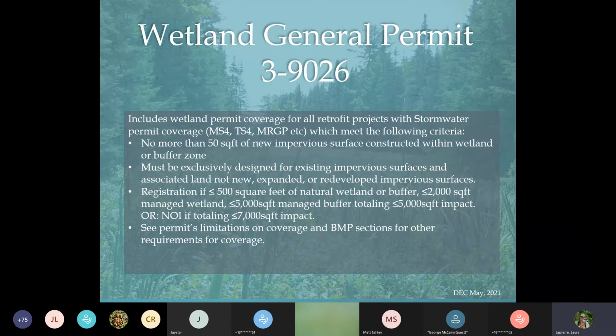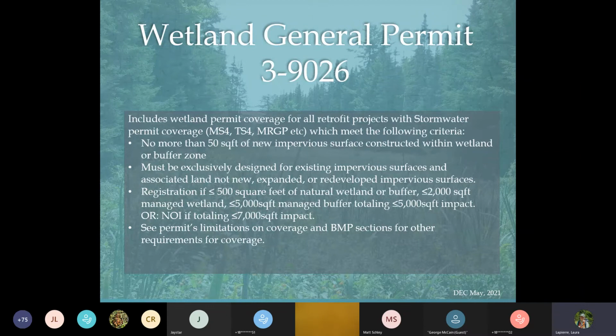This can be for modifying existing stormwater structures or addition of new stormwater structures on that retrofit site. So it doesn't only mean bumping out an existing stormwater pond. It can be entirely new features as long as it's for the purpose of retrofitting.